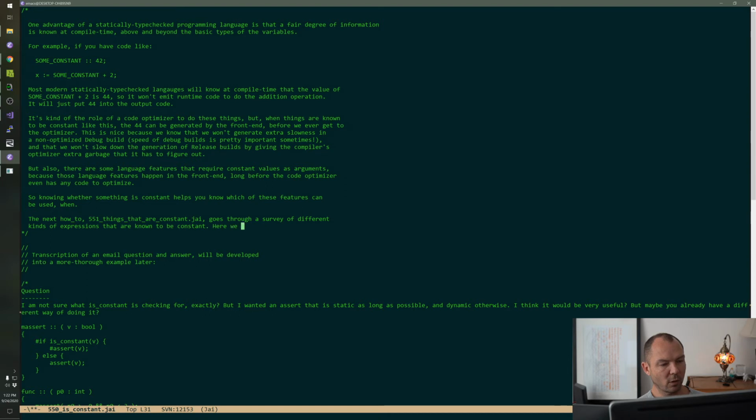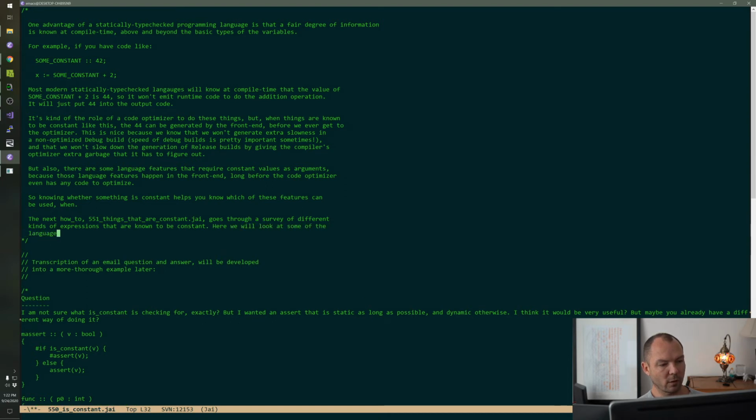Here we will look at some of the language features that use constants.